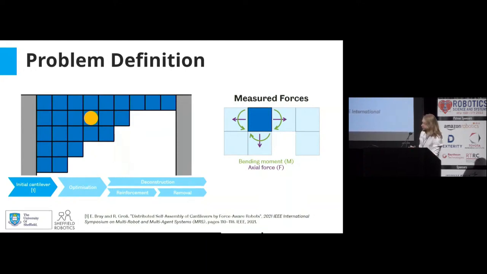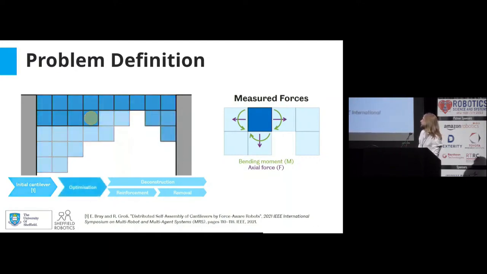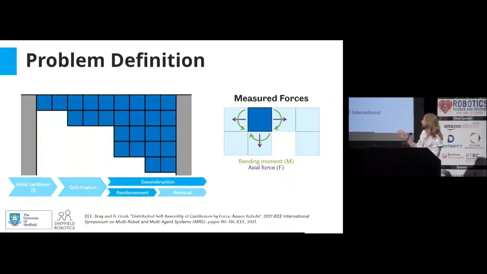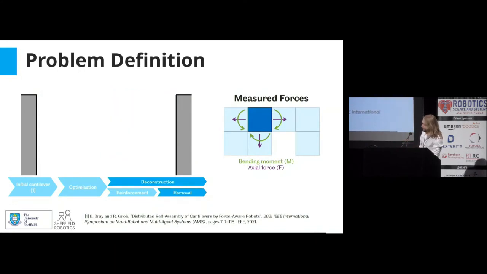First, once the other side of the void is reached, we can maybe lose some robots, and they can do something else on the other side. We call this optimization: reducing the number of robots in the structure while maintaining stability. We also consider how you could deconstruct this structure, again making sure it doesn't collapse. We do this by first extending and building a strong structure, and then deconstructing column-wise. We'll look at the optimization problem first.